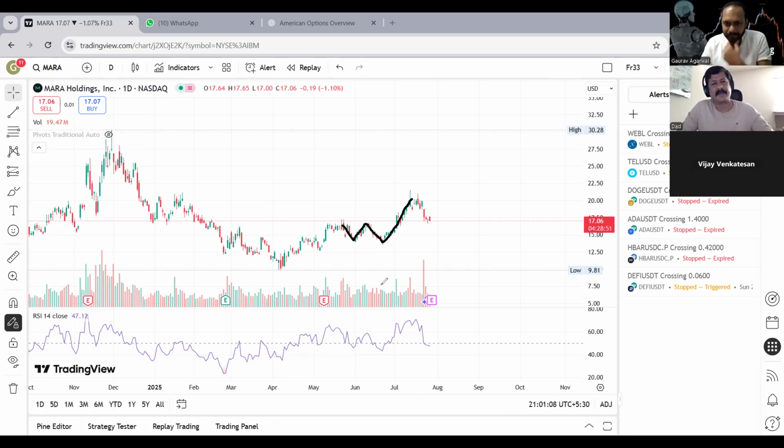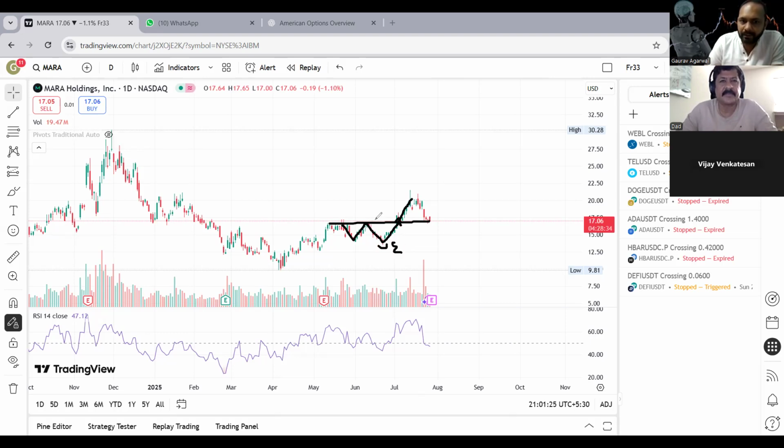So when you're exiting, in this case, where is the target? See, if you have taken an entry here, then your target will be this previous swing high. If you have taken the entry here, or